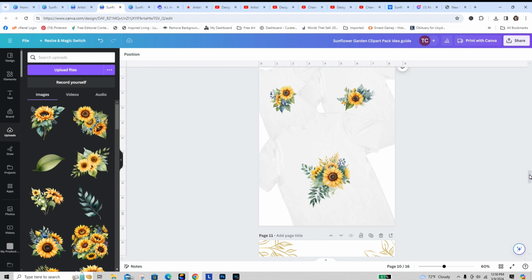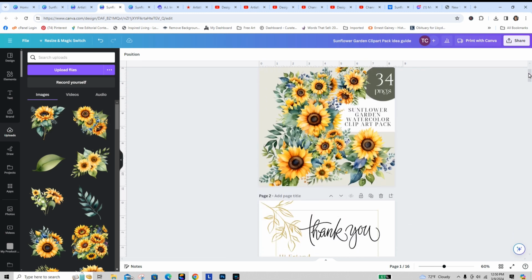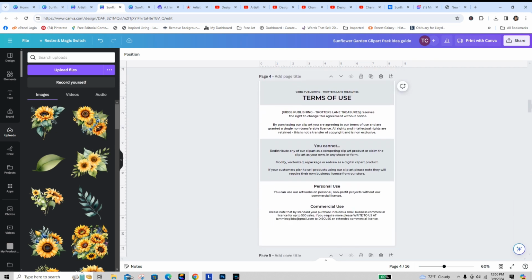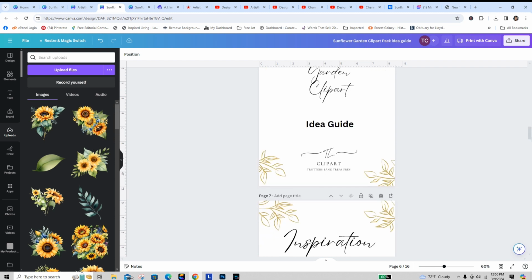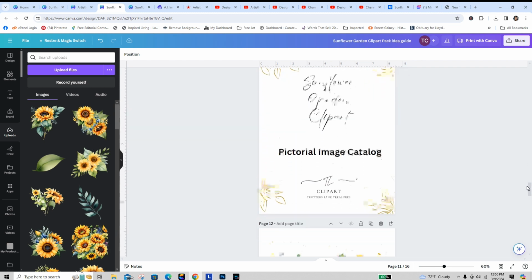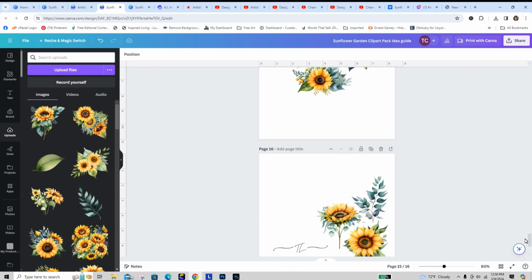Now, this is what I do, and a lot of you may not do it. I just have this little idea guide, is what I named my file that I actually upload to Etsy. I have my thank you, I have my link to their art, I have my terms of use, I have how it was created, and then I have a little idea and inspiration guide that just shows some ways they can use the images. And then I have the pictorial catalog, which is where I take all the images that